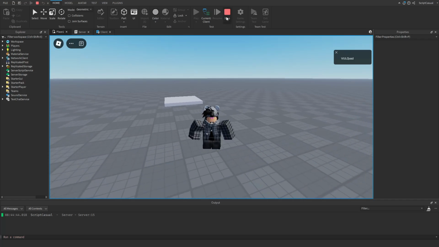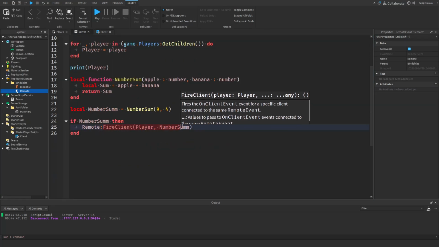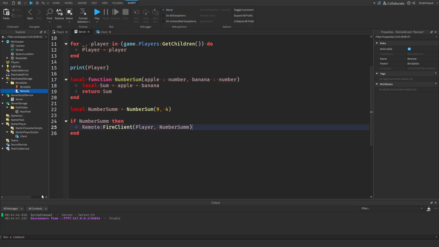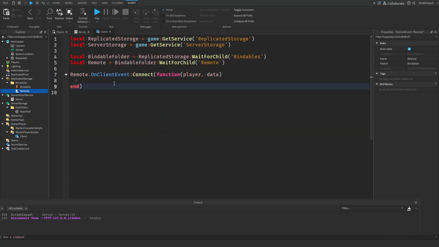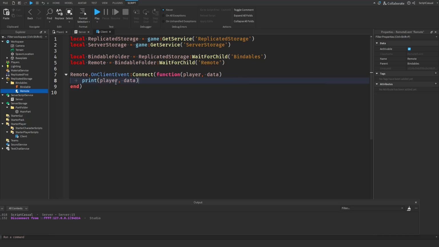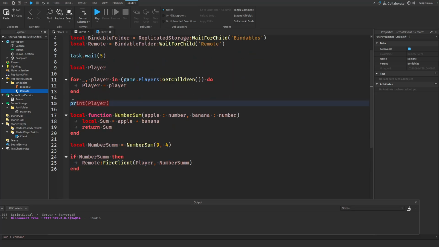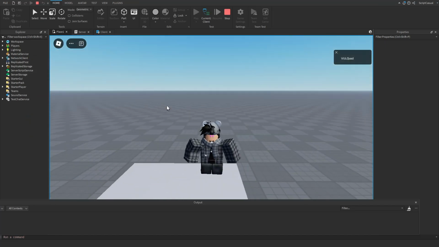So as you can see, it finds me, a script casual, and now we can fire this number sum because we have given it player and we've given it a number value. So then inside here, we can print player comma data. So I'll go ahead and remove this, and what we will see is that after 5 seconds, because we have the 5-second delay,